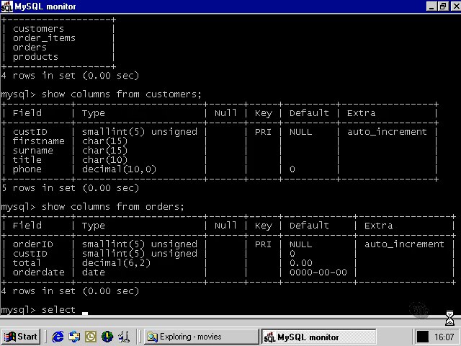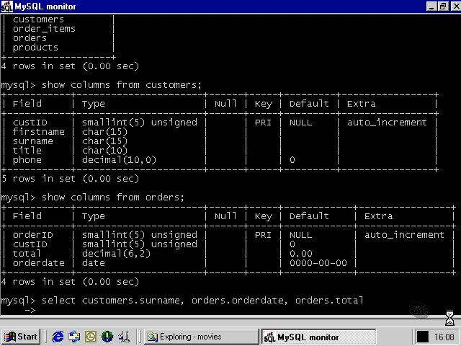A simple way of doing that is to use an inner join, which is probably the most frequently used join in SQL. And we can write that out 2 different ways. One way is to, first of all, specify the fields that we want. So orders, customer's surname, and orders order date is all that we're going to get back from these 2 tables. Actually, let's say we get back the total of the orders as well. So that's kind of more useful data. From customers,